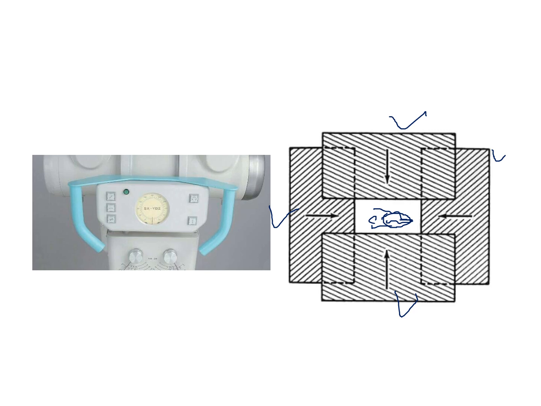The main usage of the beam limiting device is to reduce the patient dosage. It can restrain the X-ray beam that exits from your X-ray tube. See, this is like a beam limiting device. See here, if X-ray is coming from here, this is the exit point. Here, the X-ray beam level will be reduced.